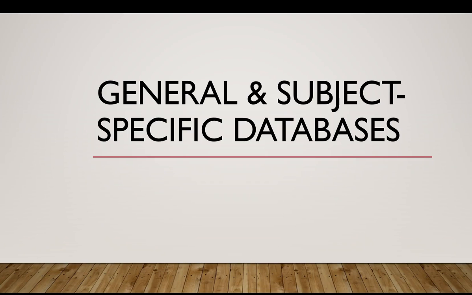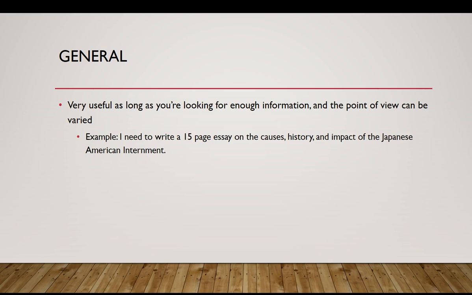This is just going to be a quick video that discusses some of the main differences between general and subject-specific databases. A general database, for example Academic Search Complete, can be very useful as long as you're looking for enough information and the point of view that the authors are writing from can be varied. So, to give you an example, if I needed to write a 15-page essay on the causes, history, and impact